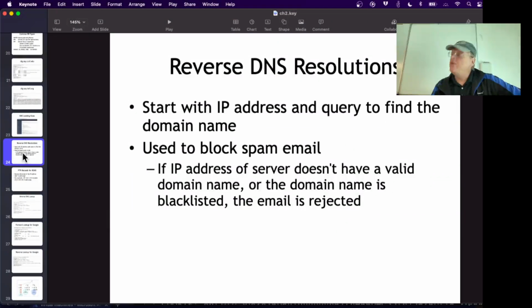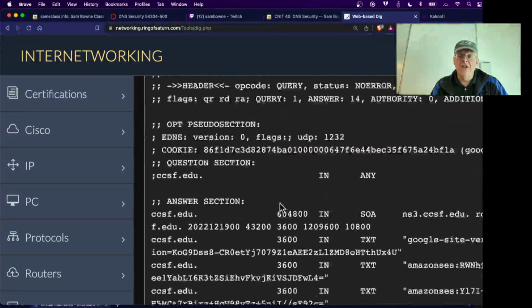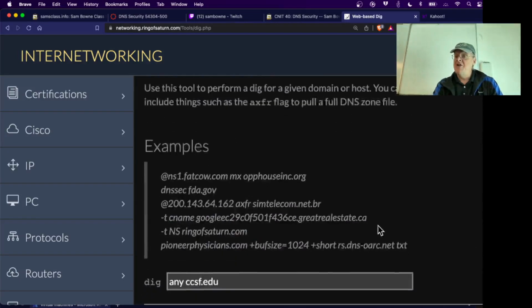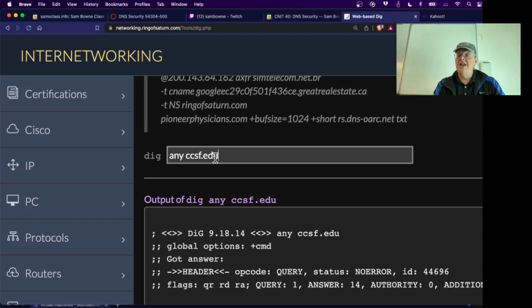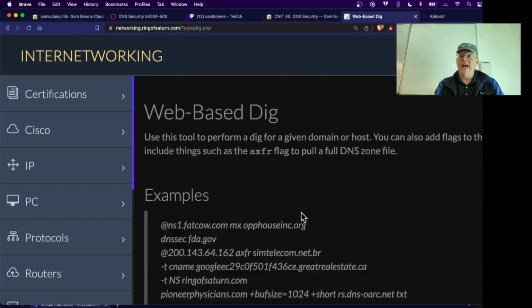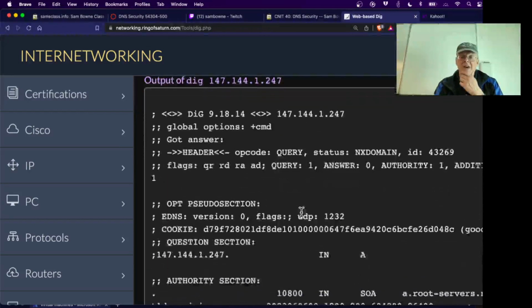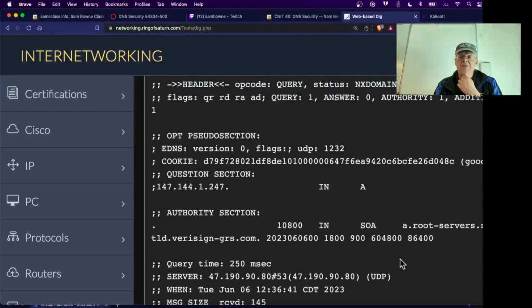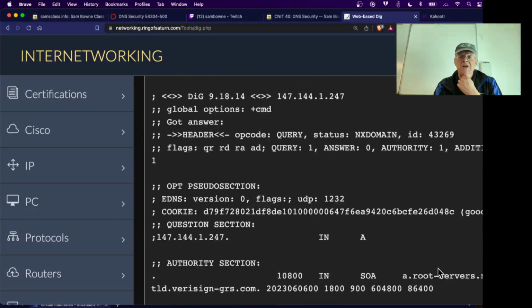All right, then there's reverse DNS lookups. So if I look at this, City College has this IP address down here, this 54 thing. This is one of City College's addresses. Here's another one. I'm more familiar with this one. I'll use that. You can look for an IP address, not a domain name. That's a reverse DNS lookup. This is a public address. If you look for that, it might find that it came from ccsf.edu, but